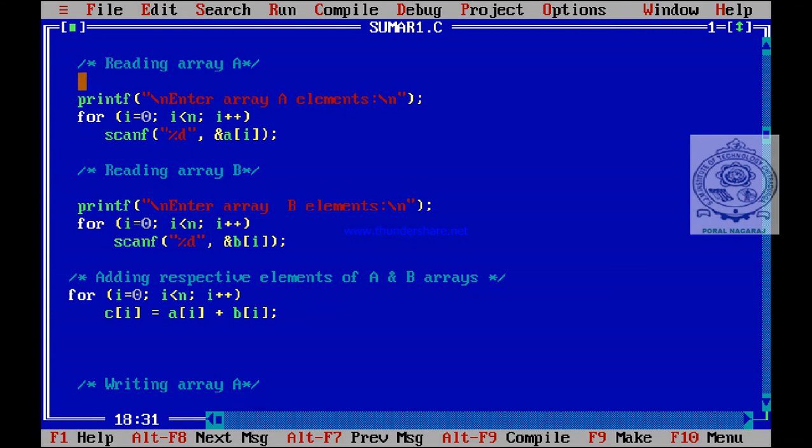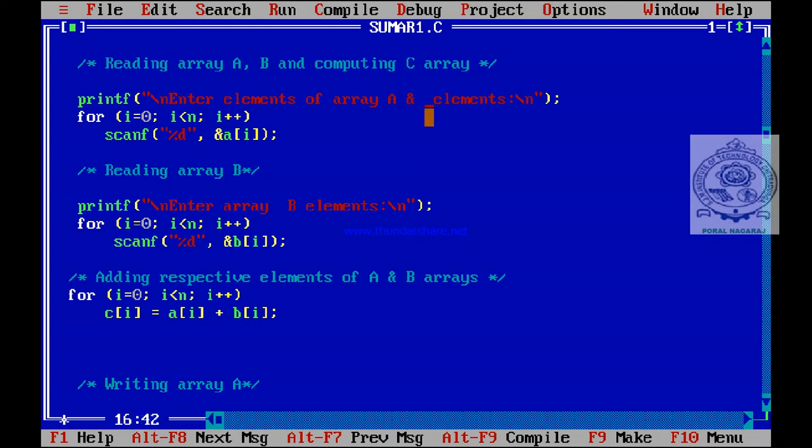So the same thing. So this part is there now. This is changed to a simple code, like you see here. Here itself I am going to modify. Enter, instead of reading array A, I will make it reading array A, comma B, and computing C array. This is my comment. So enter array A elements. Instead of that, enter, I will make it enter elements of array A and B.